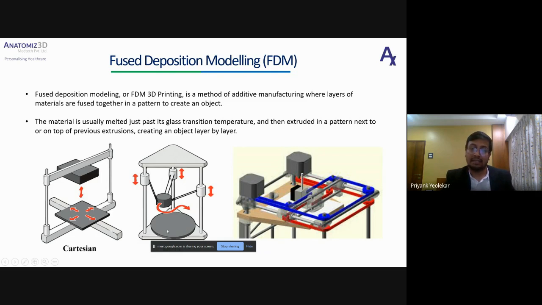That is how the delta printer works. If you compare any of these orientations with delta printers, it is very taxing on your motherboard. So it takes a lot of mathematical calculations to maneuver your delta printers.